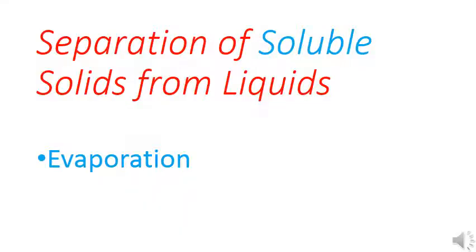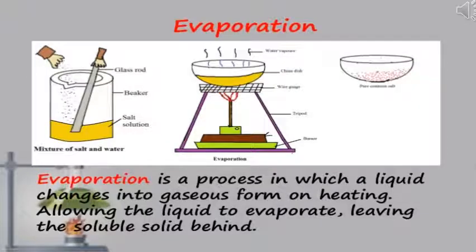Earlier we read about separation of insoluble solids from liquid, that is, the solid does not dissolve or mix completely with the liquid. But what happens when the solute, or the solid, mixes completely or dissolves completely in the liquid? Well, the process is called evaporation. Evaporation is a process in which a liquid changes into gaseous form on heating,